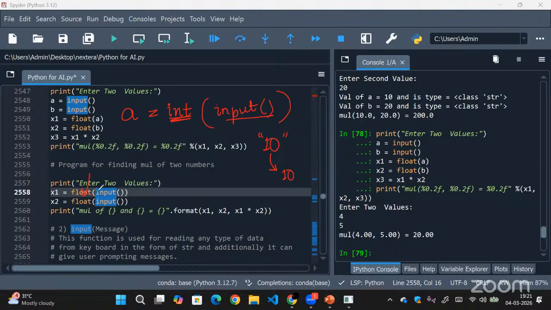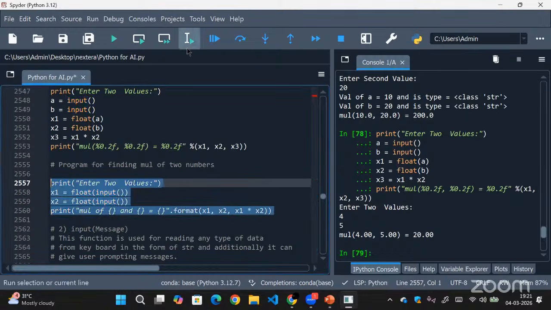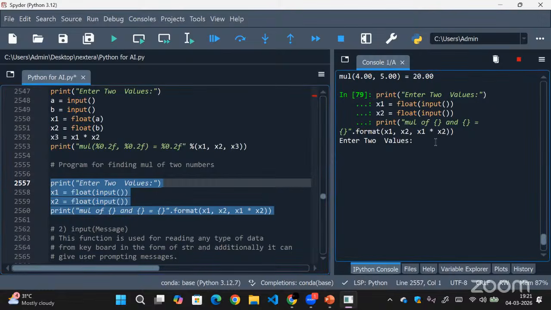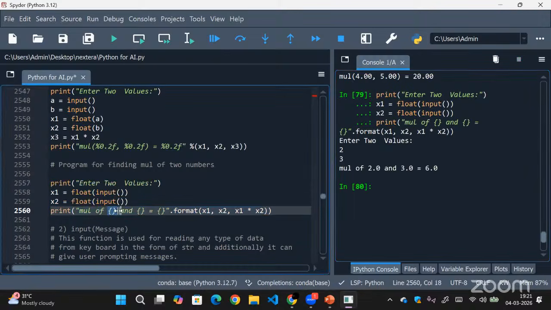Here, if you see, it is converted into float type. Let me just run this code first. So "enter two values" is given. First it will take the x1 value, float of input. Let me give 2. And then it will take the x2 value, float of input, that is 3. Here I have given formatting. So x1 will be printed at the first curly braces. x1 is 2, right? As it is a float, by default a float shows just 1 decimal point. So multiplication of 2.0, this is x1, and x2 will be printed in the next curly braces, 3.0, this is x2, that is equal to